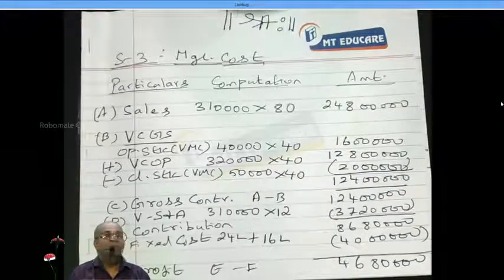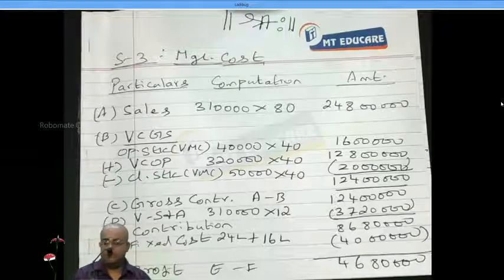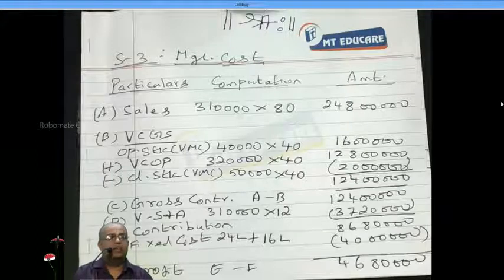Shall we start? Write down. Point number 1. The profit under marginal costing and absorption costing systems are different because